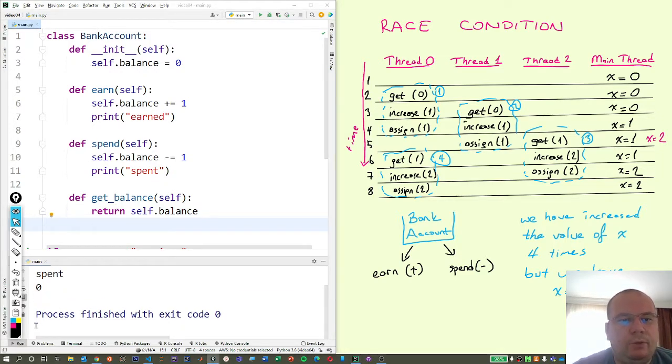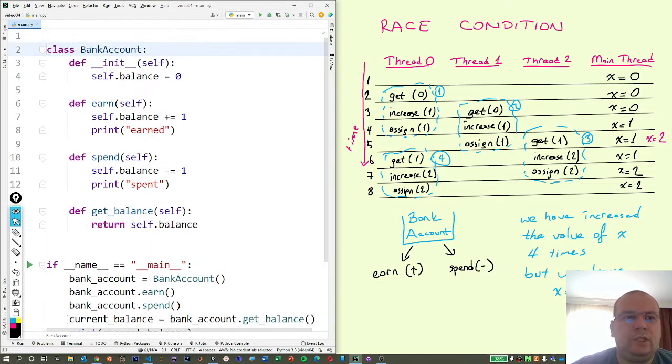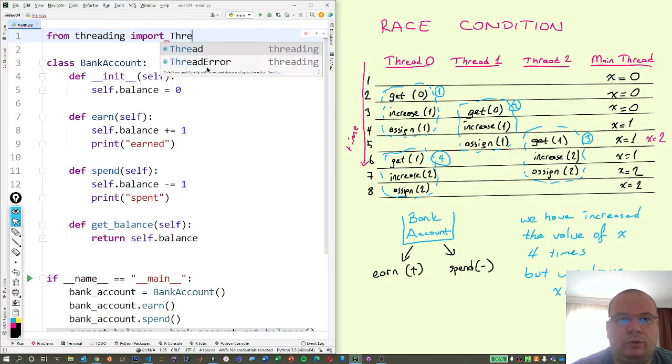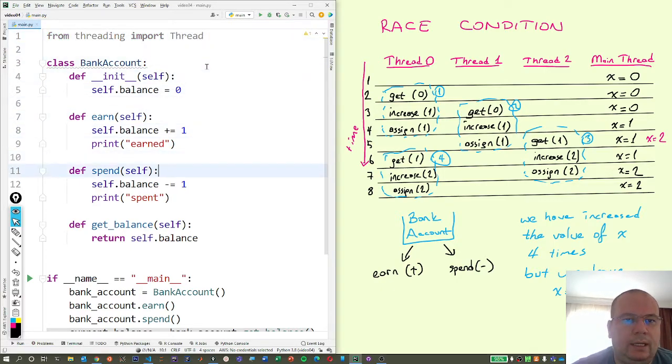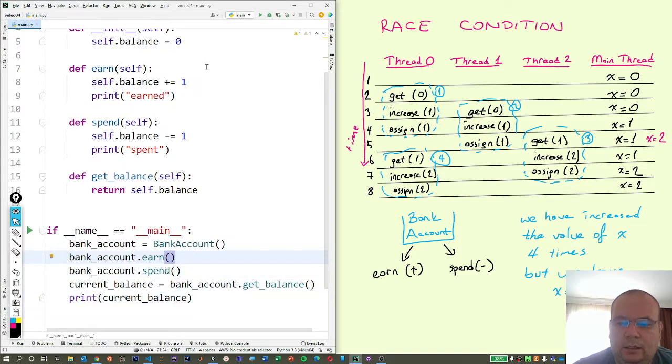So now I'm going to do the same thing by using threads. I'm going to create 2 subthreads, one for the earn method and one for the spend method. So first I'm going to import our Thread class from the threading library. So from threading import Thread, and here I'm going to add